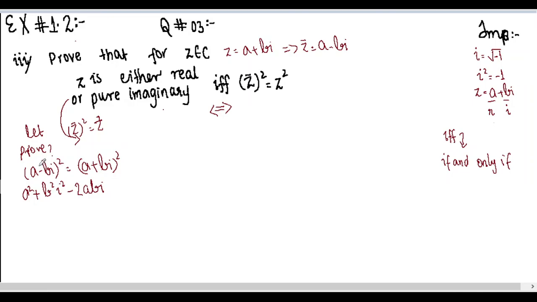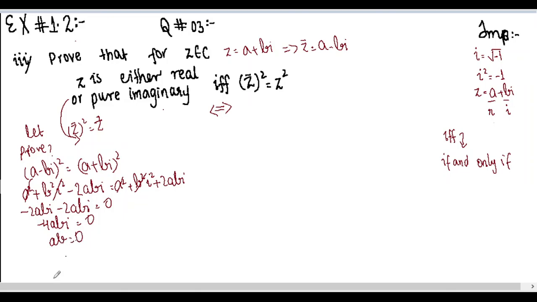I hope you know the formula. A square plus B square minus 2ab, and here it is A plus B whole square equals A square plus B square plus 2ab. So A square plus B square iota square plus 2ab iota. Now A square and A square are cancelled, B square iota square and B square iota square are cancelled, and minus 2ab iota and plus 2ab iota. This is brought over here, so we get minus 2ab iota minus 2ab iota equals 0. So minus 4ab iota equals 0 and ab equals 0.